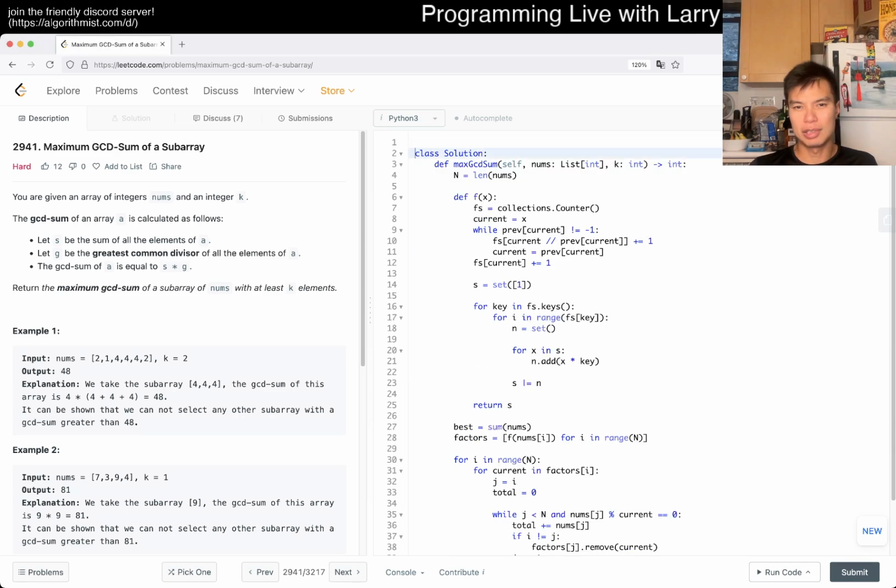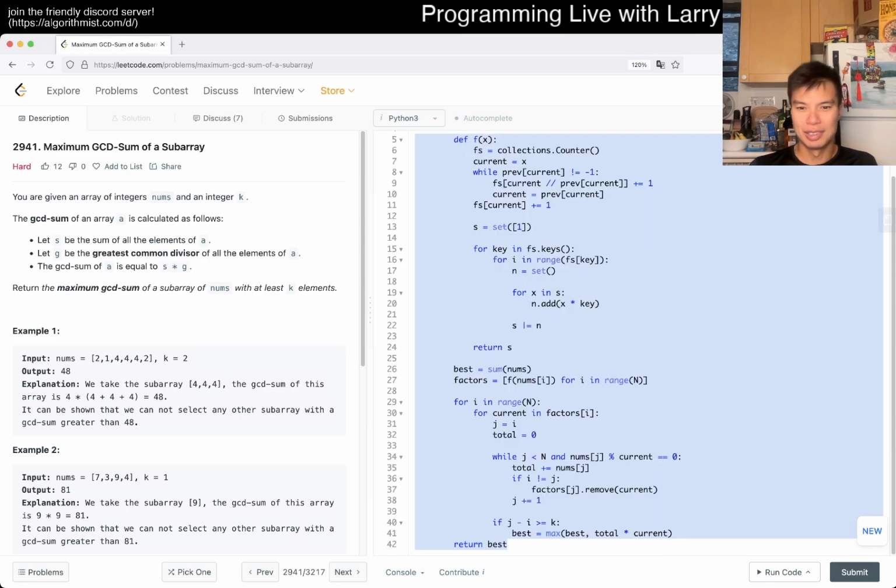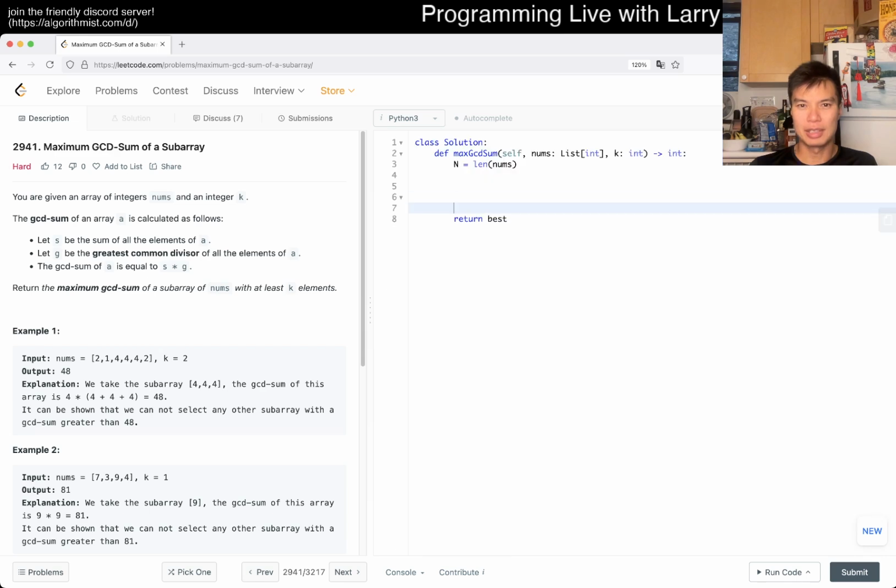Alright, let's give it a YOLO try. I don't even know anymore. Okay, so then here we want a sparse table. I'm just going to ask ChatGPT for it. Can you give me a GCD sparse table? I could write it, but today I am just